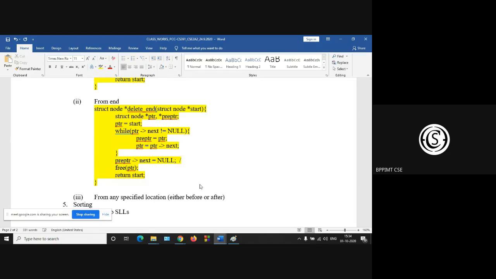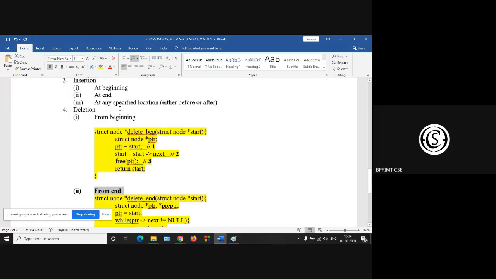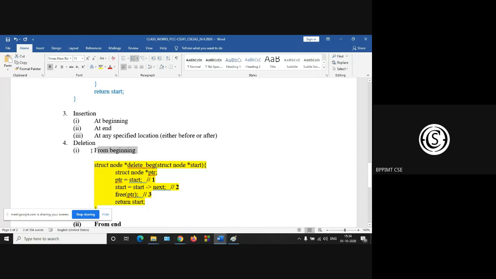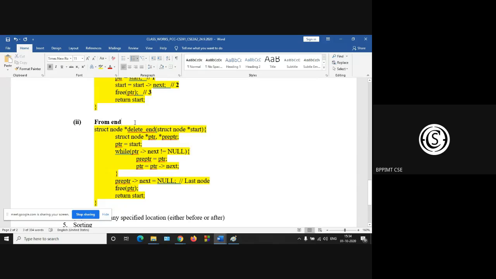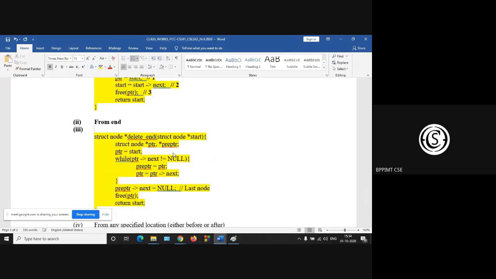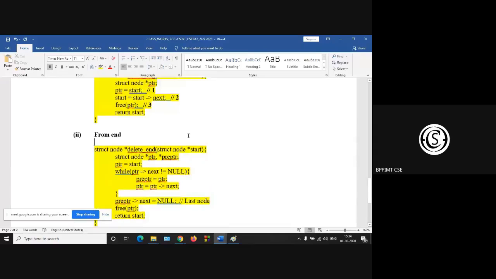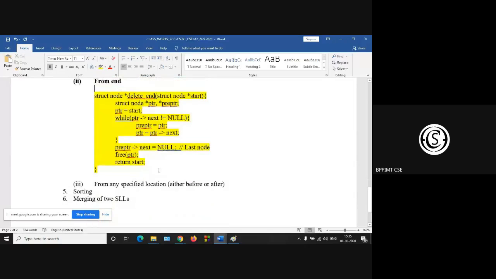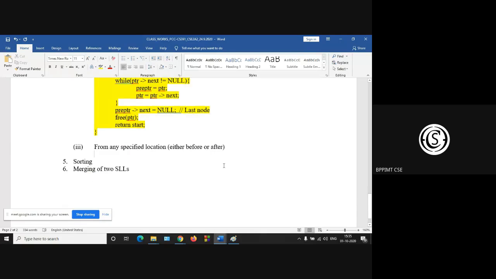So this is your last node. So this is the function for deletion from the end, to delete the last element. For any specified location, what will be the code?